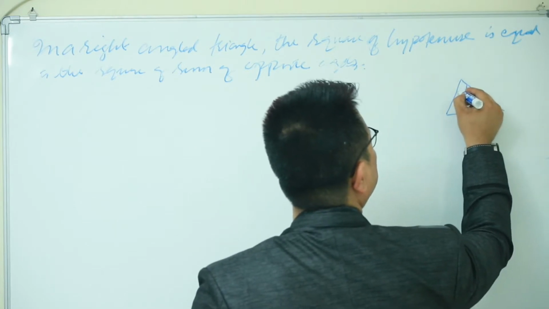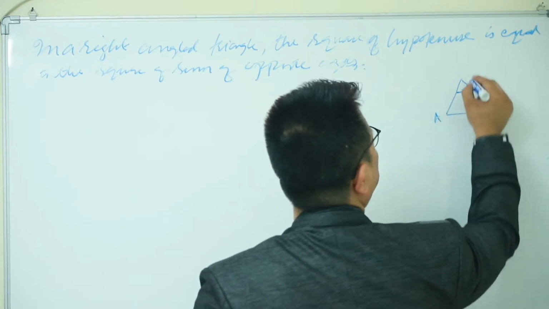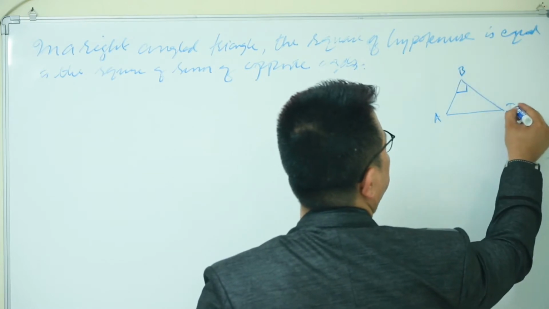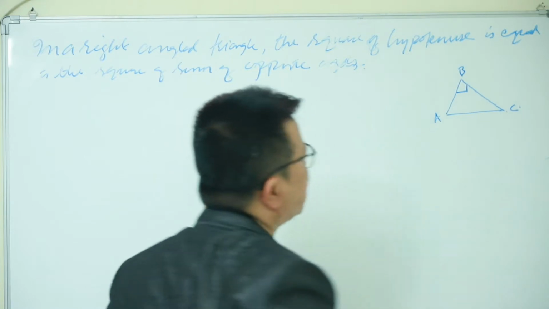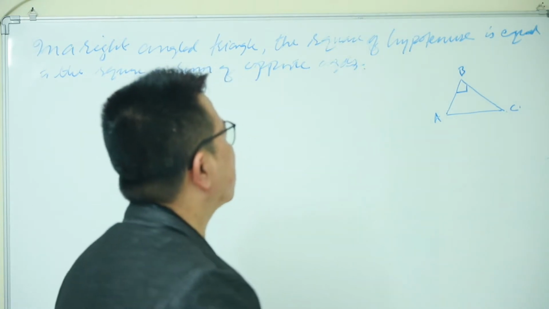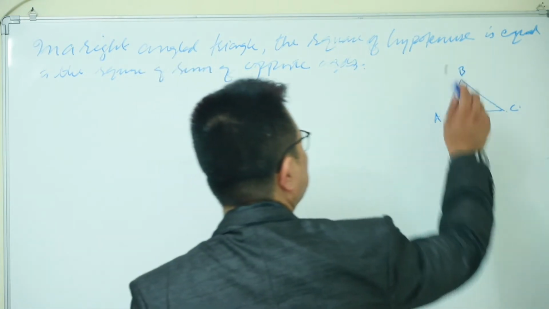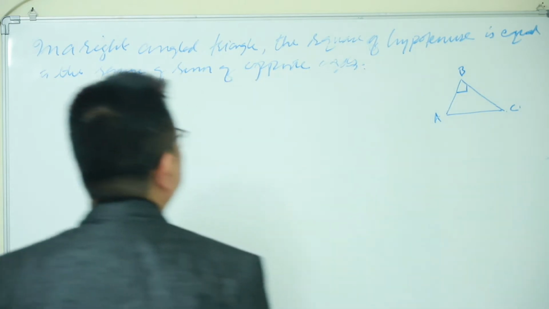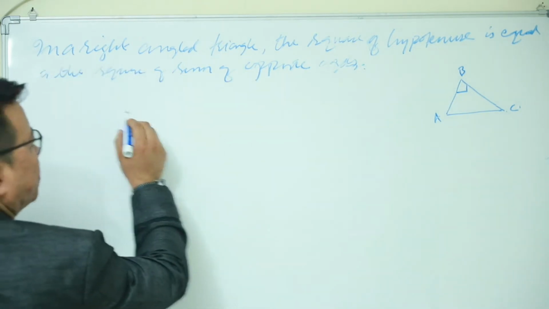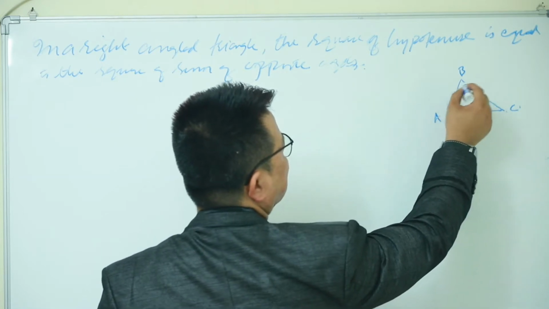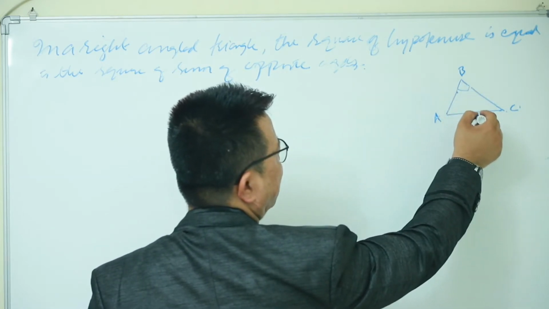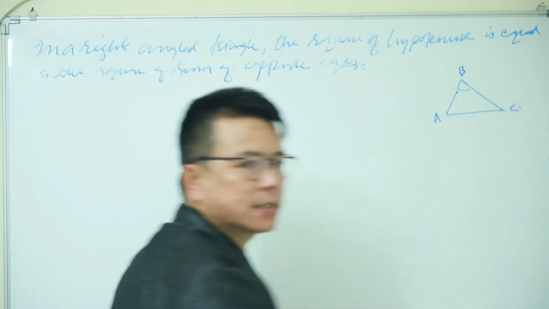This is right angle at A, B, C. For example, this is a right angle triangle with the right angle at B. Now, what we have to prove: the side opposite to this 90 degree angle is AC, which is the longest side and